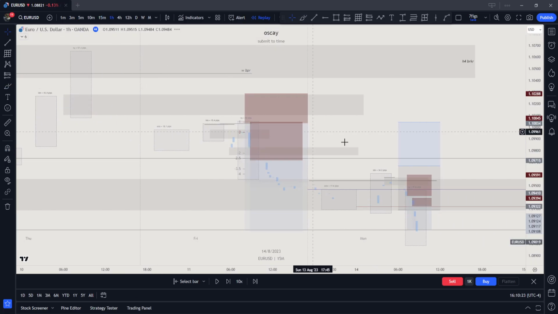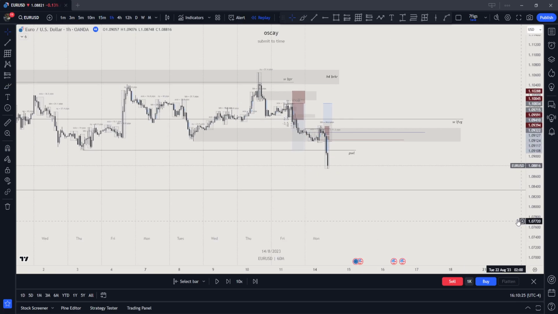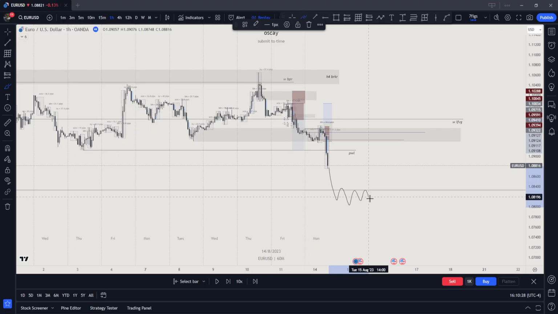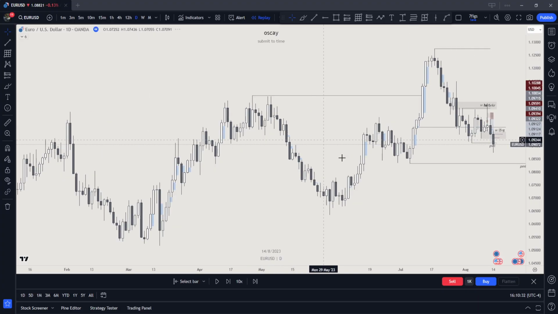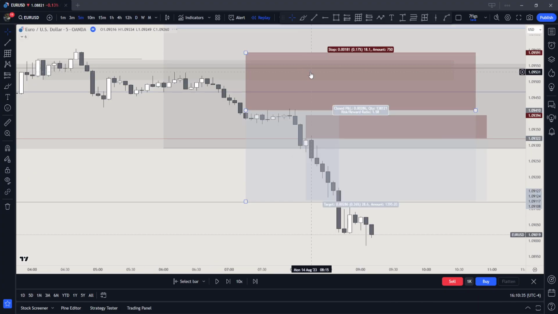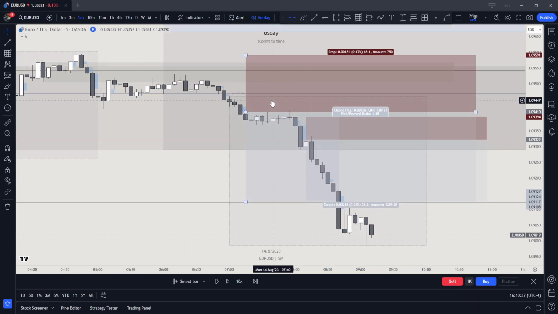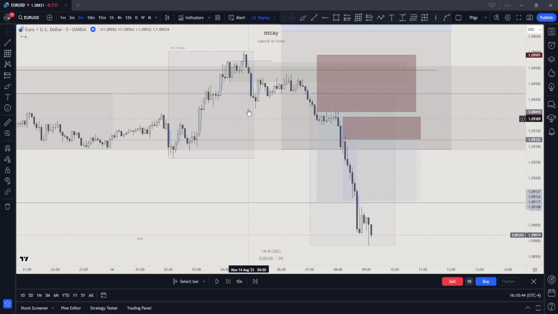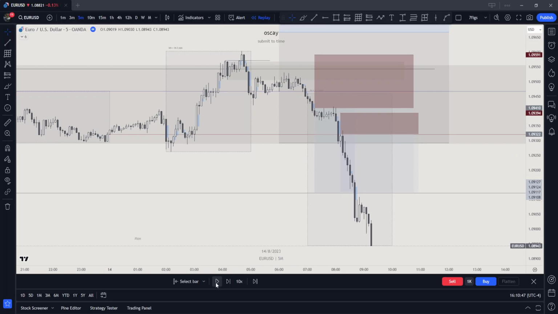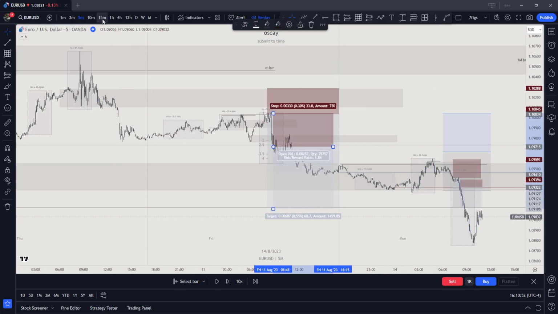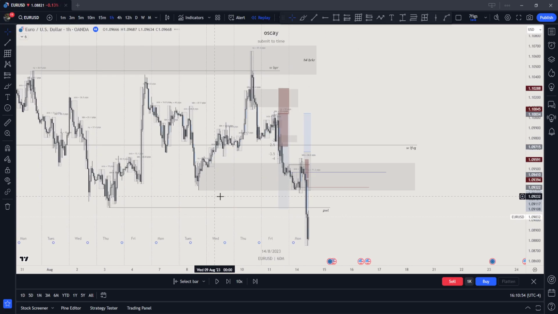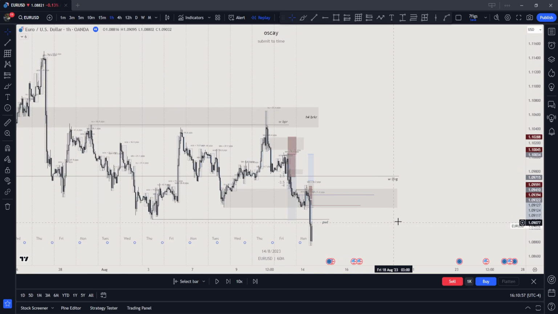So what I'm expecting in the weekly profile is that we sweep this and then we have some kind of TGIF. Let me check. 14 August in New York session. Like, this is beautiful, but unfortunately it didn't happen in our trading hours. So two beautiful trades here, beautiful trades here.